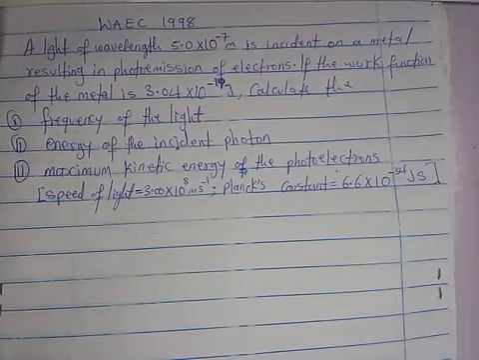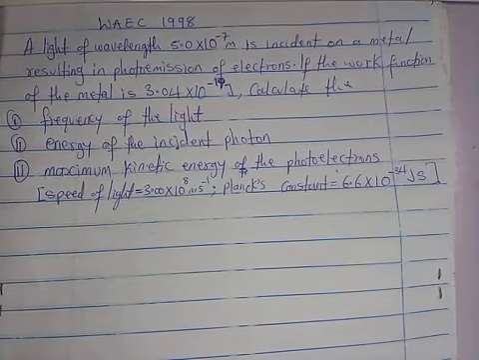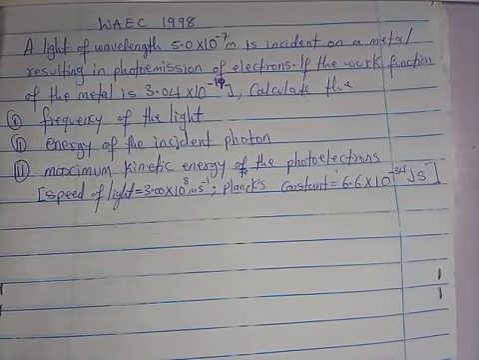Here we have another question. WAEC 1998. I remain Mr. Jude. A light of wavelength 5.0 times 10 to the minus 7 meter is incident on a metal resulting in